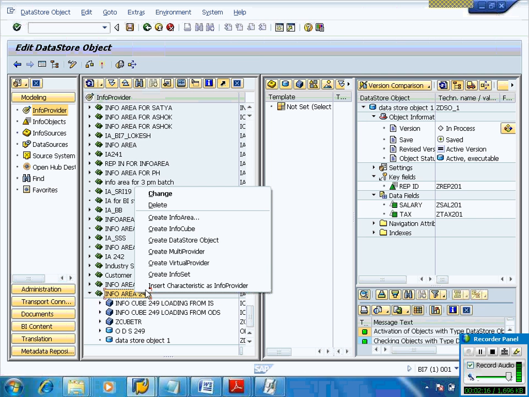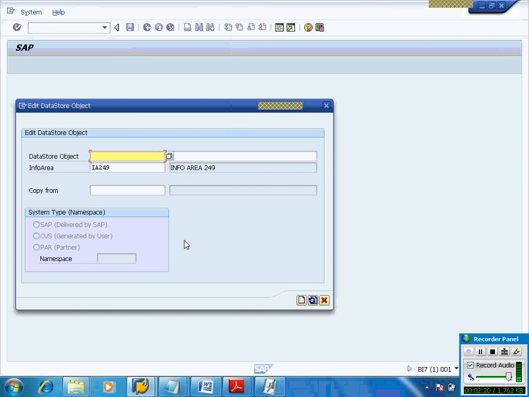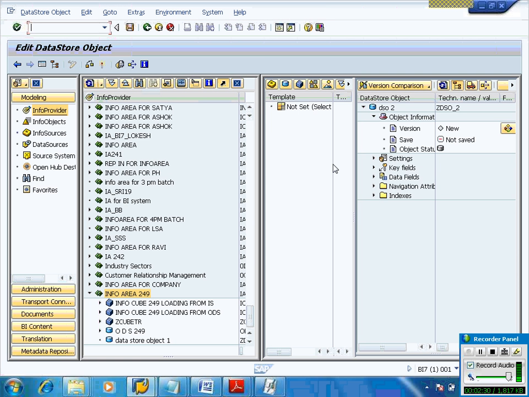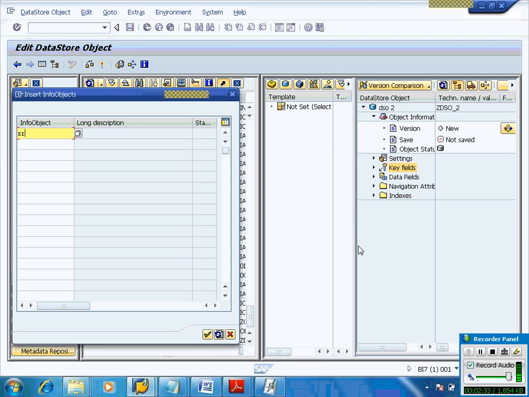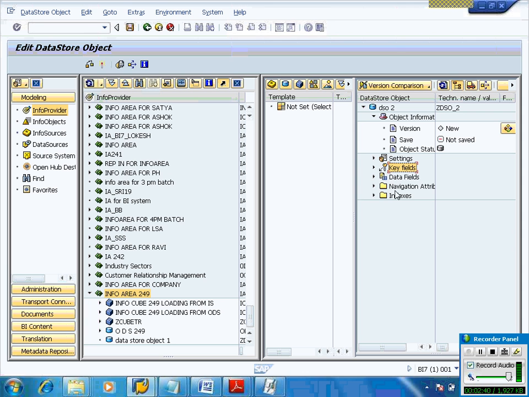I am creating a second one, GDSO underscore 2, DSO 2, and click on create. Change EP, vref 201 insert.